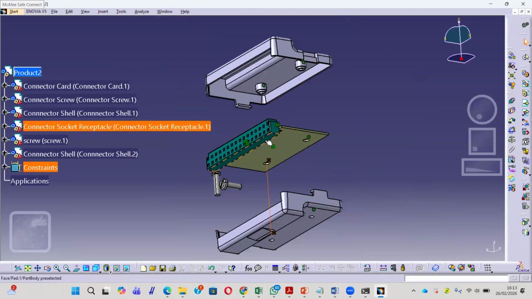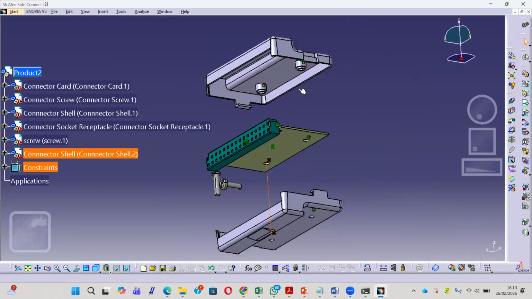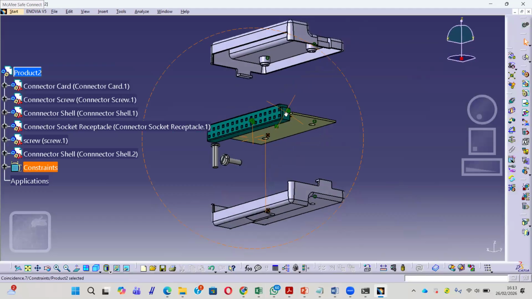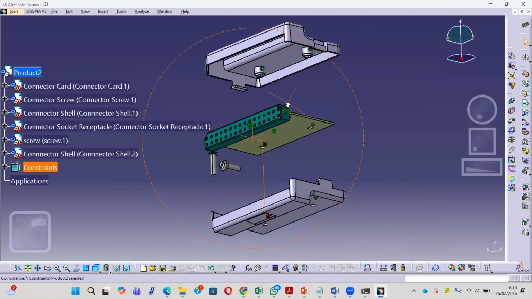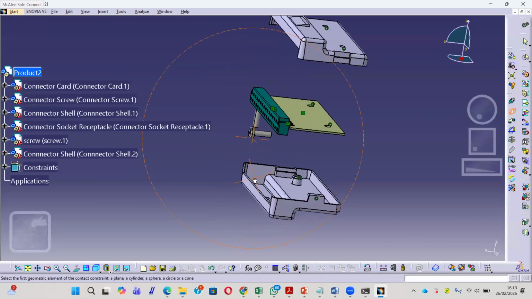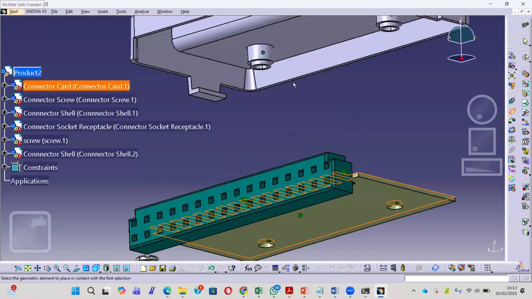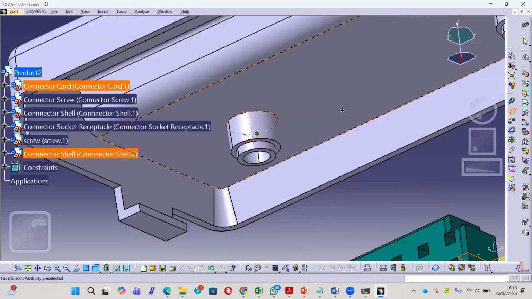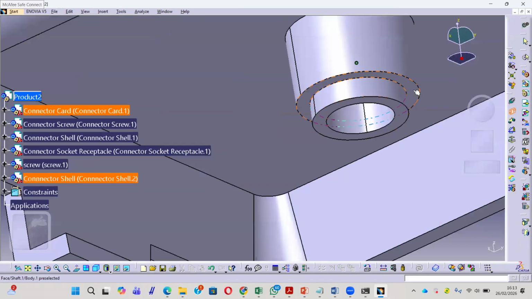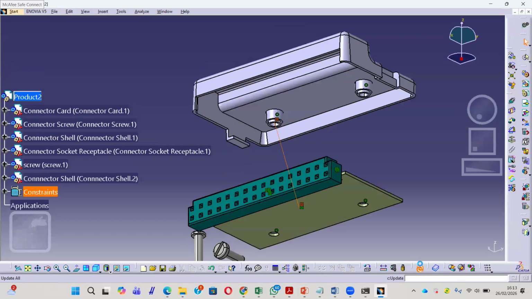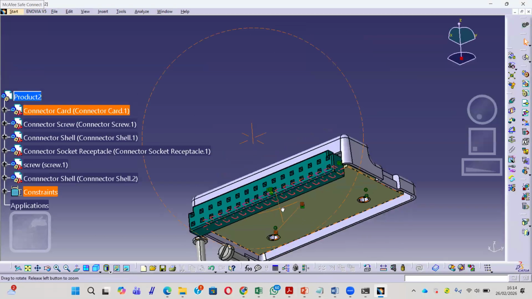And then we will make a contact, this one to this one. Okay, contact. This face will contact into this one, this face. Okay, update. Okay, like this.